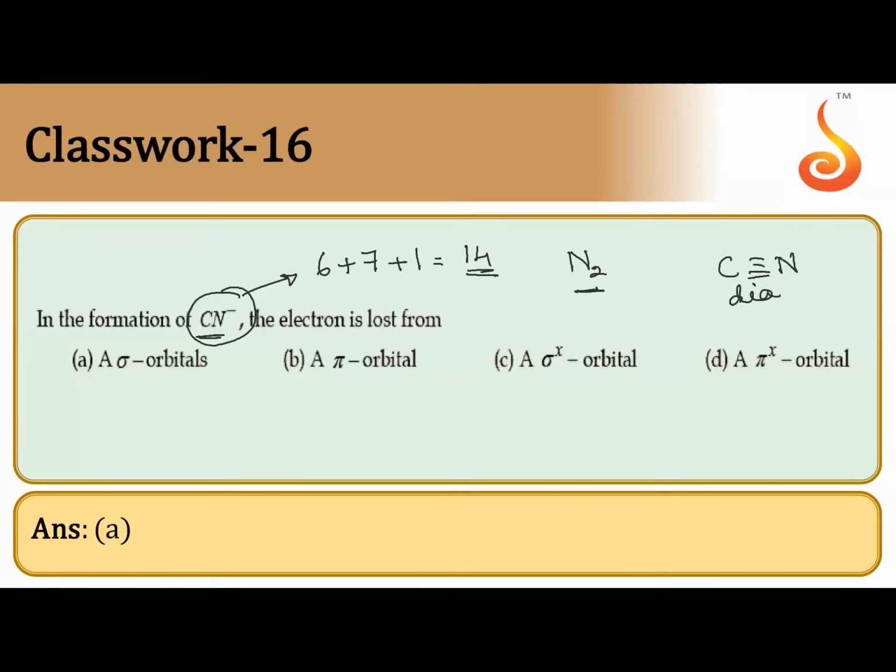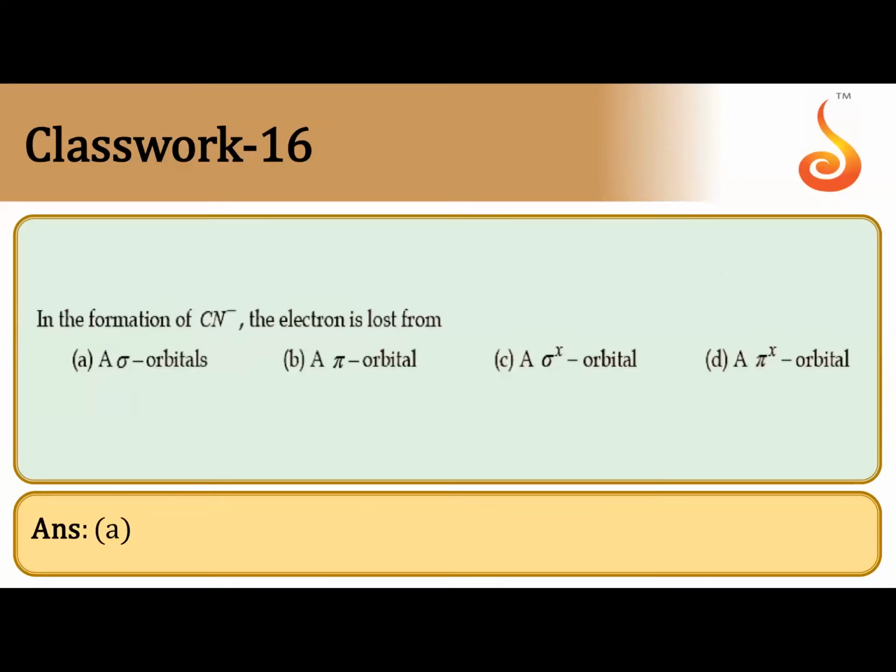Okay, now the question is, electron is lost from. So do you remember in N2, which was the last orbital which got filled? Sigma 2pz was the one which got filled. Okay, so which orbital is our answer here? Option A. So comparison you should do and tell now. You should not say that I don't know how to do this one. So once again, to differentiate between questions based on VBT and this one, here you'll have only 2 atoms. What will you talk about geometry when you have only 2 atoms? It will be linear only, no? When you have at least 3 atoms, then you can talk about geometry.